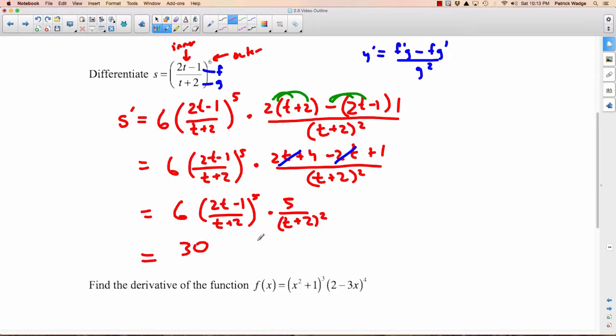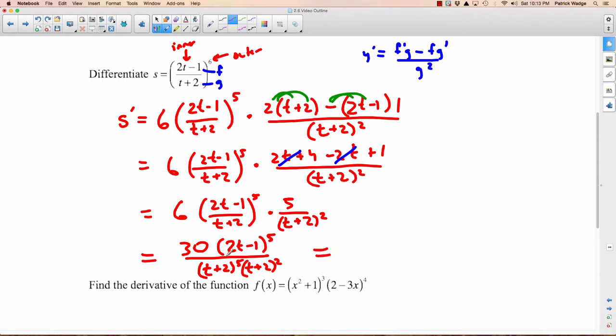Now, do you notice one other thing? You have a t plus 2 here and a t plus 2 here. Now, this 5 here, remember, can apply to the numerator, so it's 2t minus 1 to the 5th power. And I think we should actually write that: 2t minus 1 to the 5th power. And on the bottom, I guess I could do this in 2 steps. You have t plus 2 to the 5th power, and you also have t plus 2 to the 2nd power,